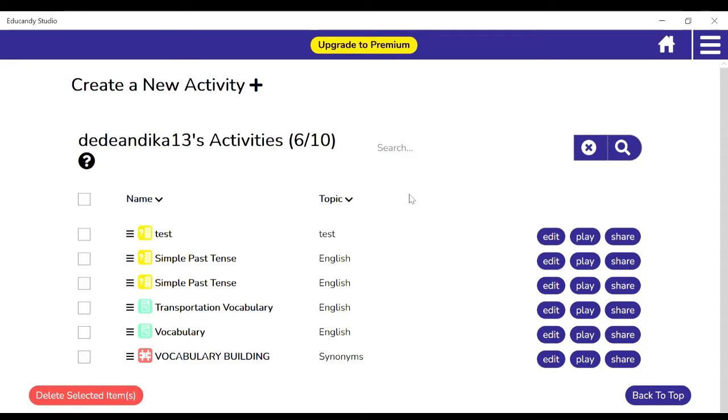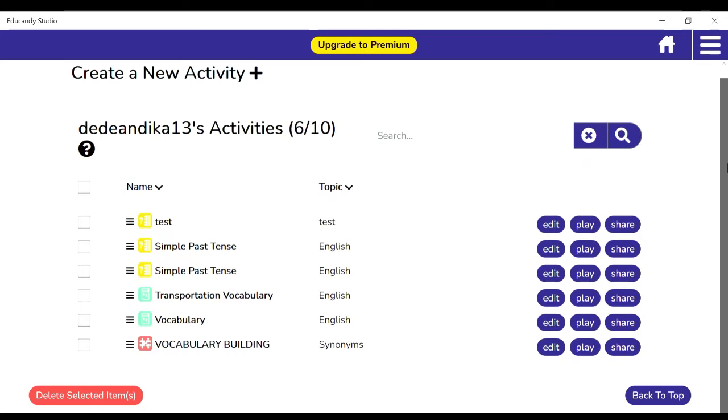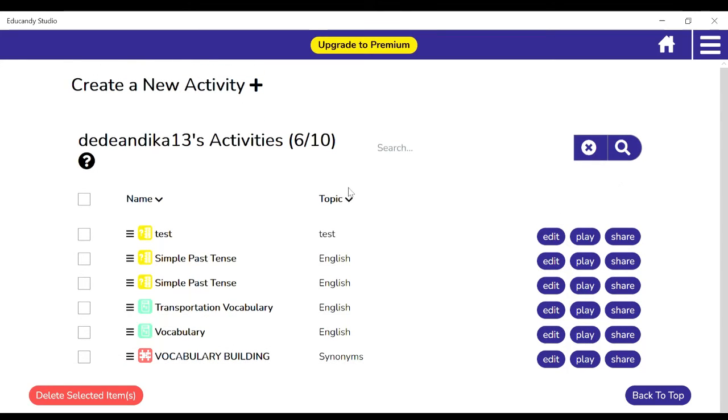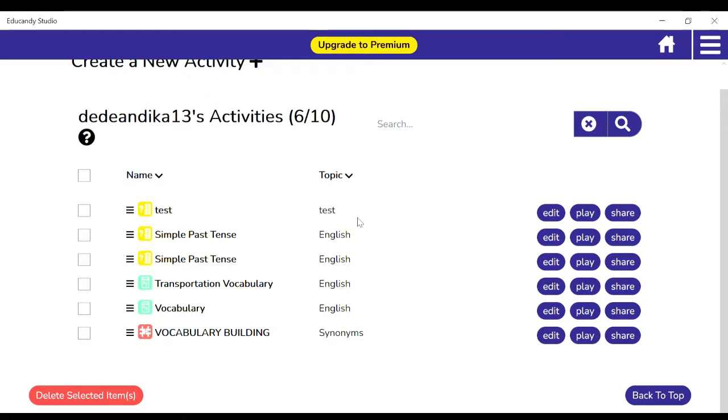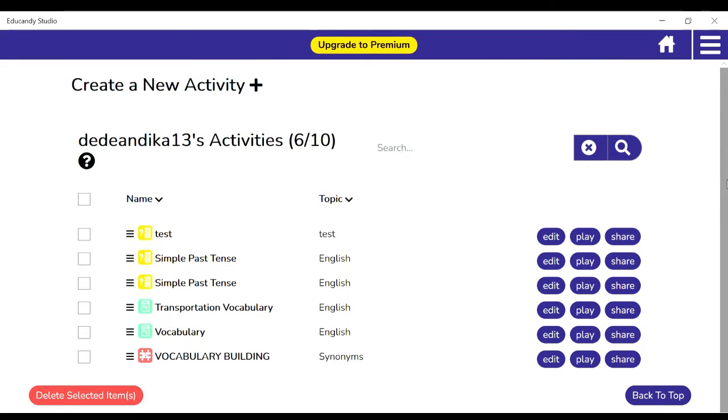So before you can enter the main menu of Educandy Studio like this, you have to create your account first and then you log in. And this is what you can see, the main page of the Educandy Studio, and don't forget to download it on Microsoft Store before you